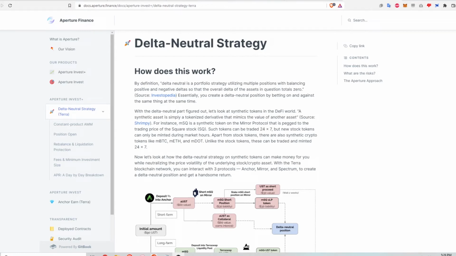Hi, in this video I'm going to explain the concepts behind delta neutral strategies in DeFi, show some detailed examples, and walk through a couple of platforms that can employ these strategies. I aim to make this a standalone video so that someone could watch this and get a decent understanding, but